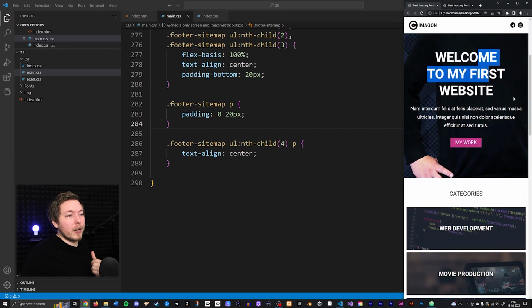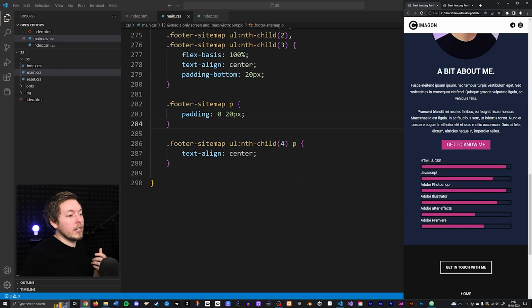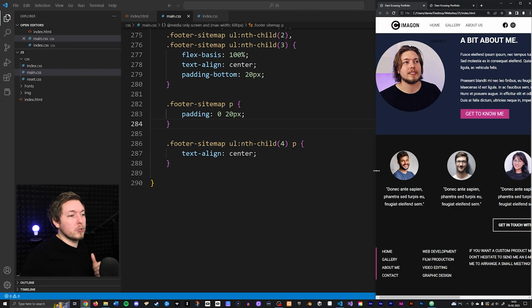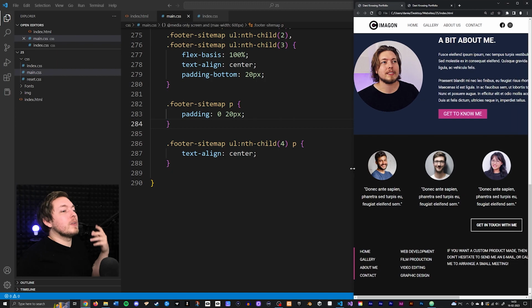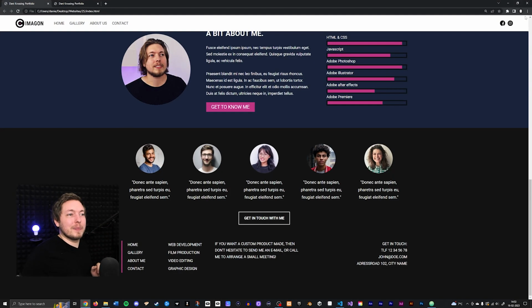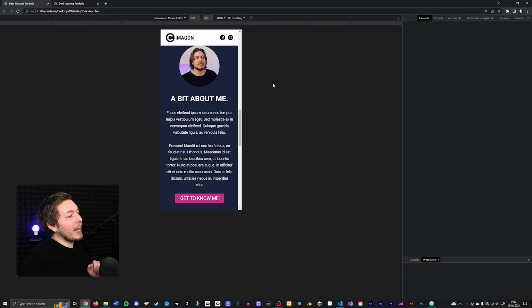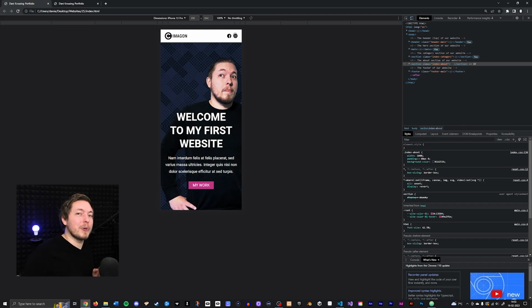So again, we can scroll down and see how this is looking like. This is looking perfectly fine. Everything is looking good. We can keep scaling this and boom, it goes out to the desktop version. Boom. So we now have a mobile version essentially, but we do want to have one more thing, which is when we go in and we want to have the navigation at the top, we of course want to have that burger menu